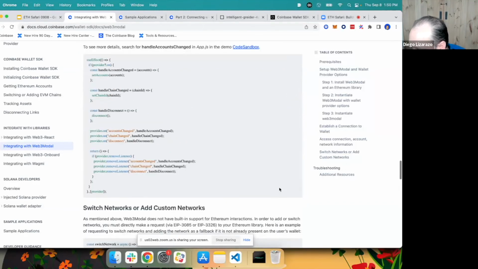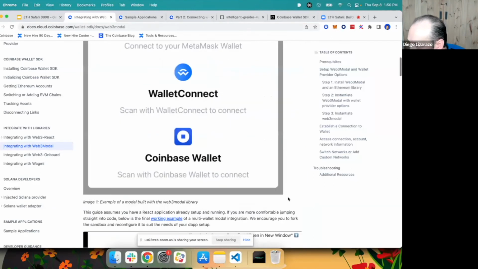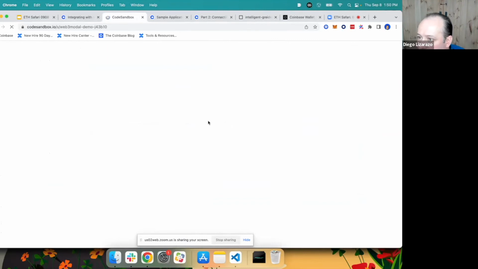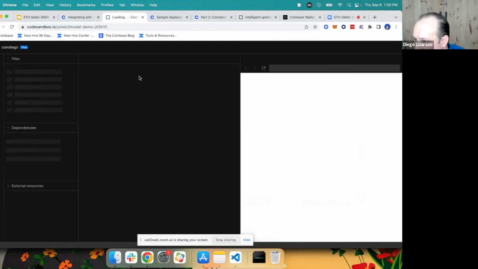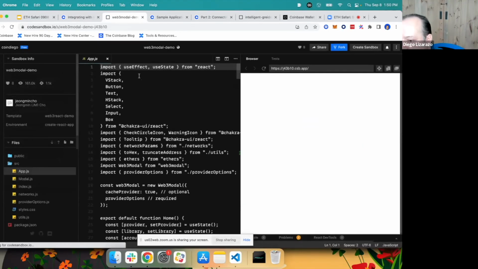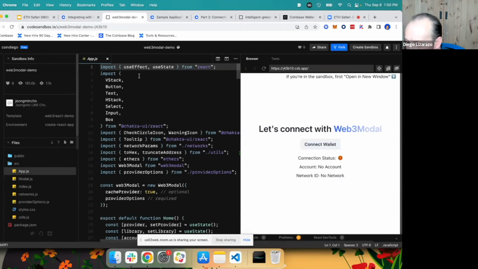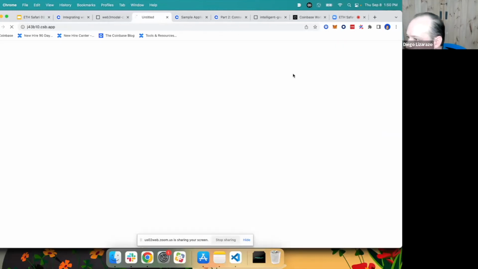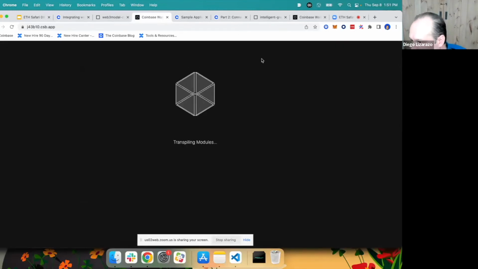I'm just going to show you really quick how it looks, and it's also going to be a code sandbox. So it works here. It has a similar structure to the project that we just created. I'm not going to go into the details, but you can see your app.js here and your provider options. It's not the same provider that we had there, but it's similar. And just to show you the dApp here,